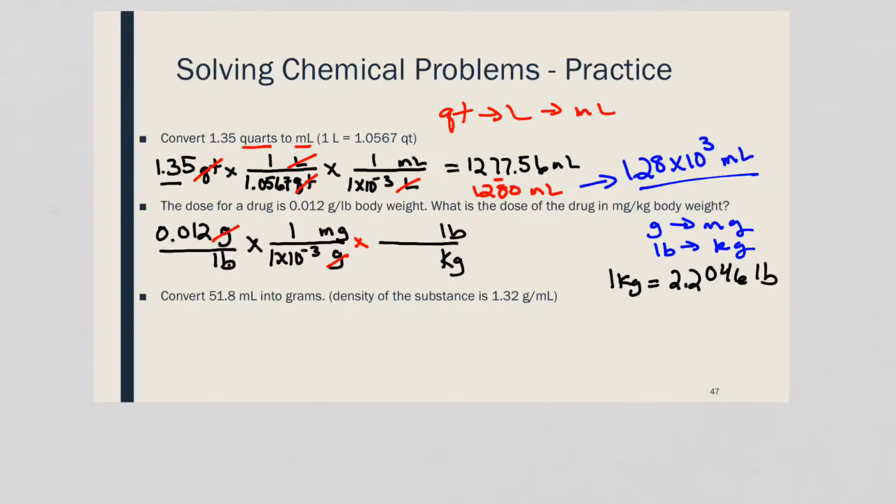So I have 2.2046 pounds per every 1 kilogram. Your pounds cancel out here and here, divide, so we end up with milligrams per kilogram. So we go through and do the math, and we end up with